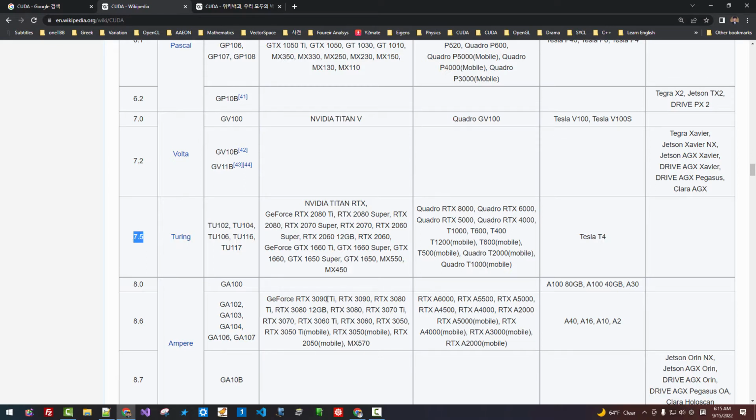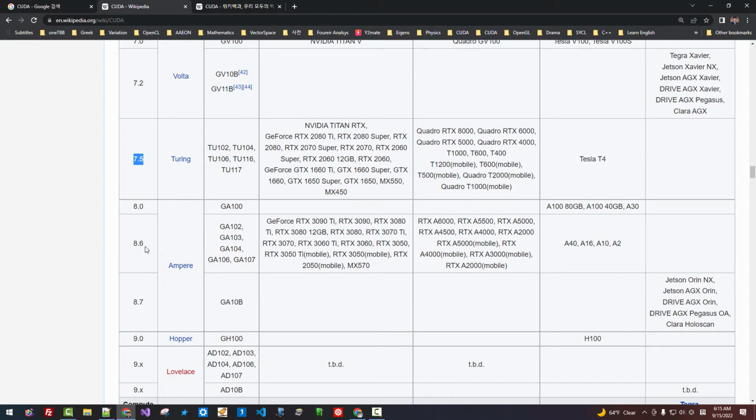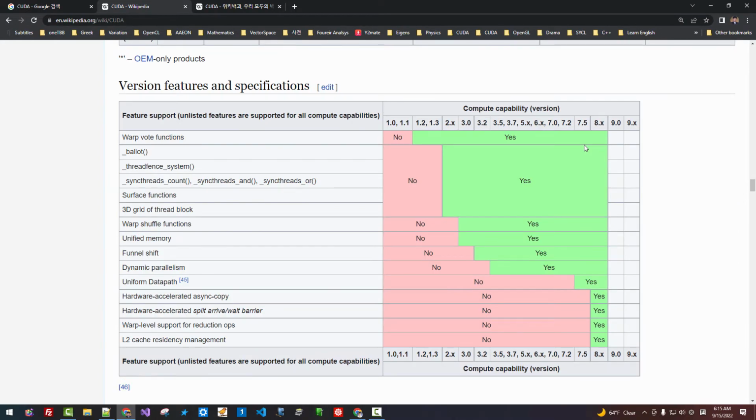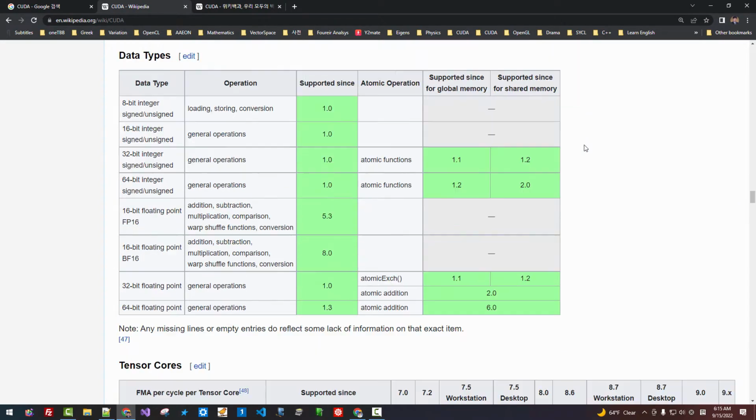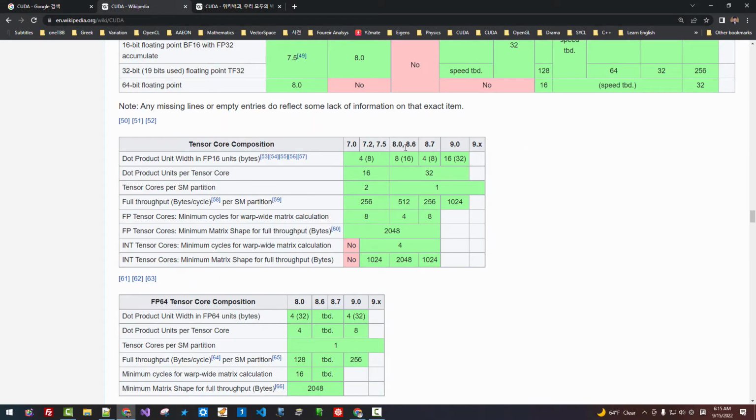I would highly recommend you have CUDA compute capability version 8.6 or above, such as an RTX 3060 or above, because if you want to use more advanced, latest features such as Tensor Core, then you probably need at least